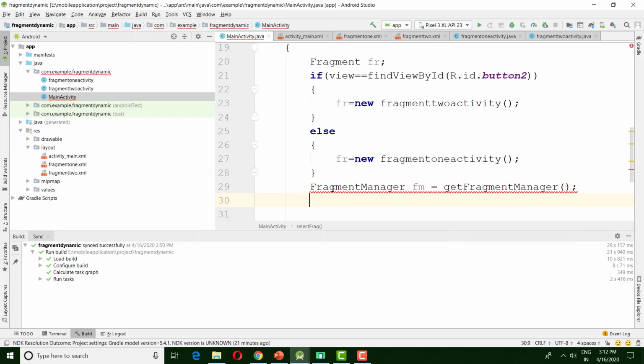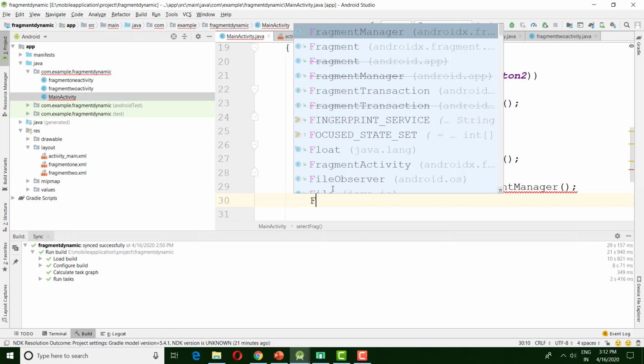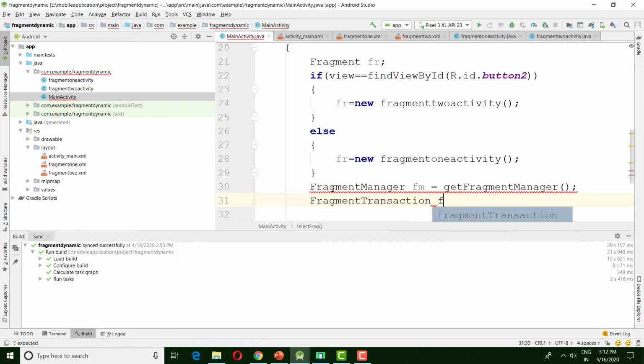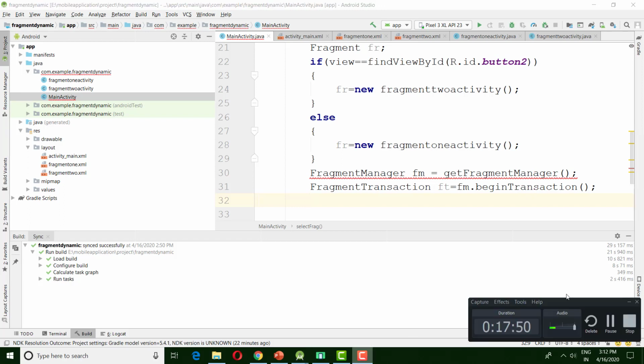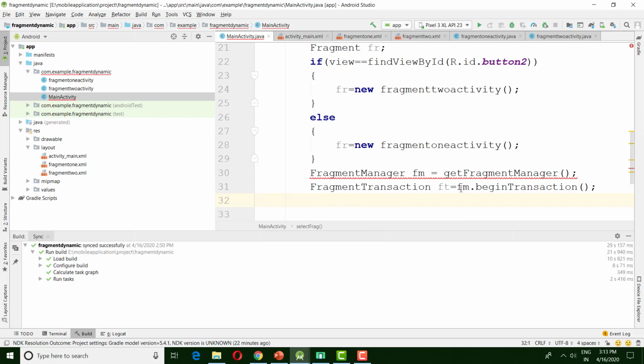Now after defining the fragment manager, we need to get hold of the fragment transaction, that is FragmentTransaction ft equal to fm.beginTransaction. Here fm.beginTransaction means we are getting hold of the fragment which we want to transact.